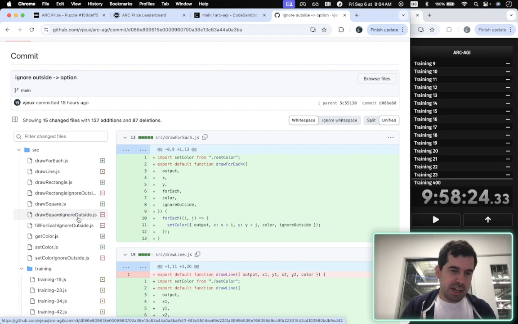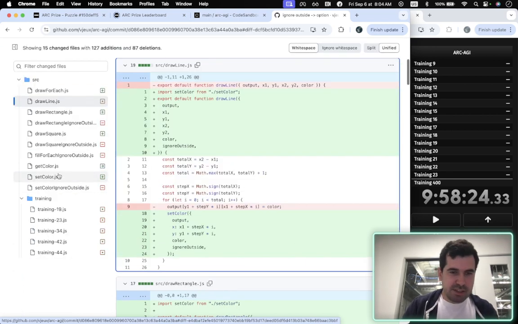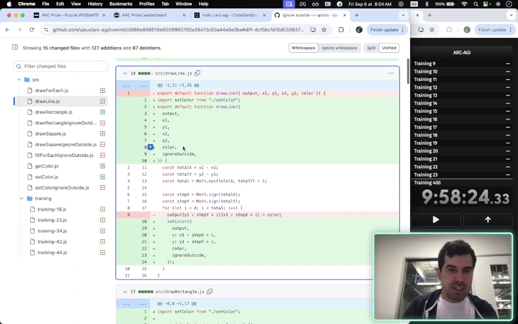And the other is we had a version with ignore outside and a version without ignore outside. So what I did was add a new option, ignore outside, to every draw function. This way, by default, I don't want to ignore, because I actually want to throw if we're out of bounds. But I think it's going to be useful to have this option. And so now I can just pass it for anyone